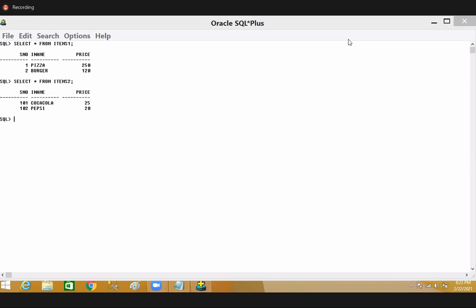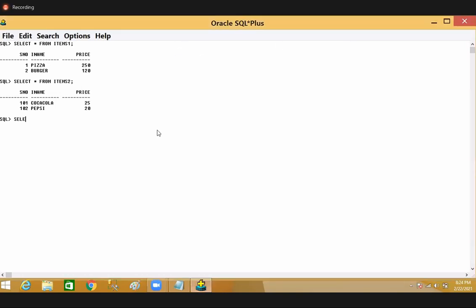Okay, now in this case, what are we using? The cross join mechanism. Let me write a small example. Observe. I'm writing a small example here. Select